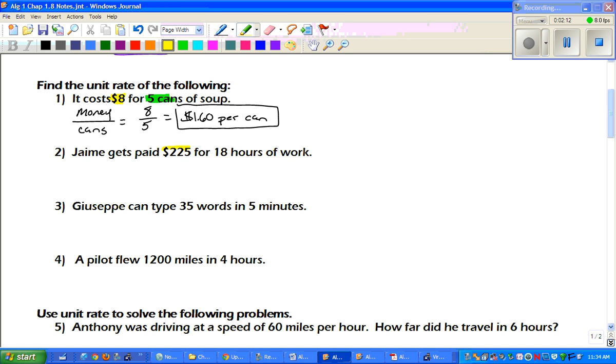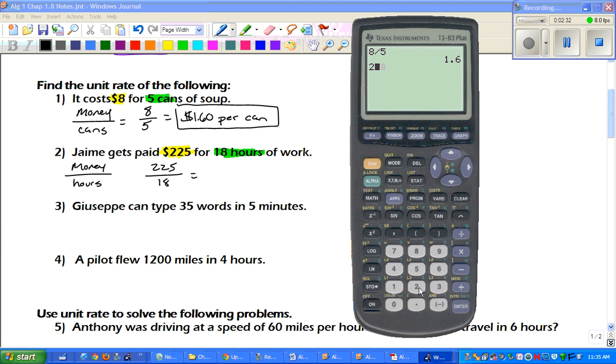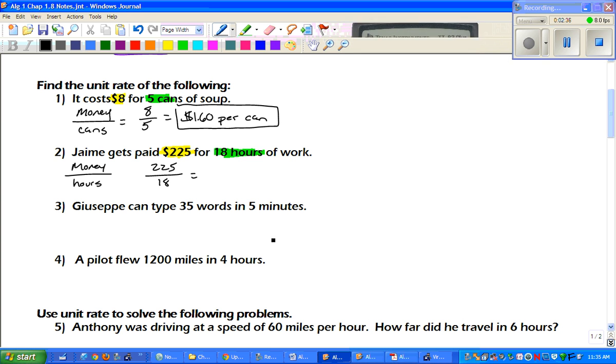It says Jamie gets paid $225 for 18 hours of work. So once again, we're going to put the money on the top, put the hours below, and find out how much they get paid per hour. So 225 divided by 18 gives us $12.50 per hour,